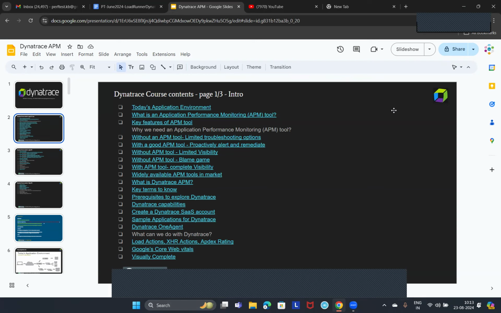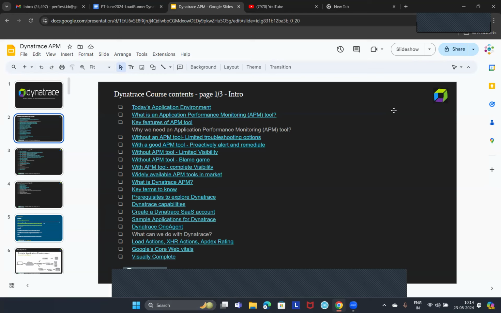You will not get any monitoring data, or any server side monitoring details, and again you need to re-execute the test. That is manual, and manual can be error prone. We may make some mistakes as well. But if you have APM tools like Dynatrace or AppDynamics or New Relic, you should know the